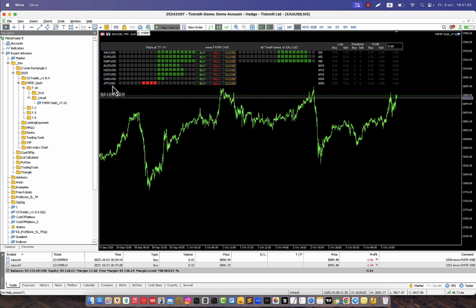Only one pair is growing against USD. The other pairs tell us USD is down. This is why XAU today started to go down, then again back up, and all time frames of XAU USD tell us it's an uptrend. But this is Friday, the end of the week. I would not trade at that time. Better to trade about 3 hours after the US open on Friday and stay away from this, because nothing is predictable